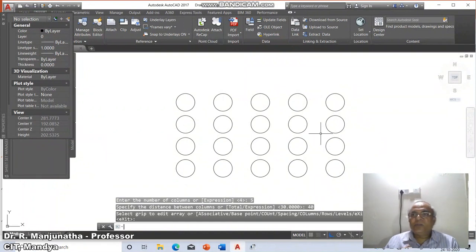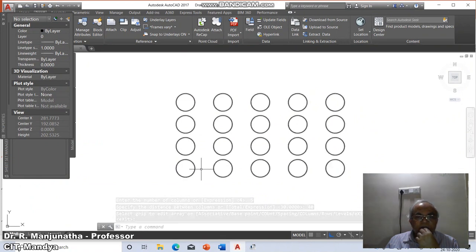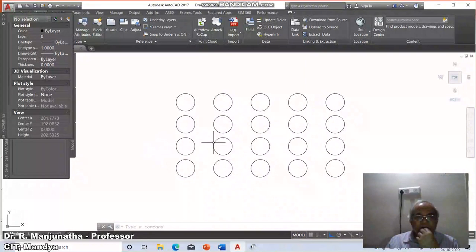An array is the systematic arrangement of elements in rows and columns. So this horizontal becomes the rows, and this vertical becomes the columns.